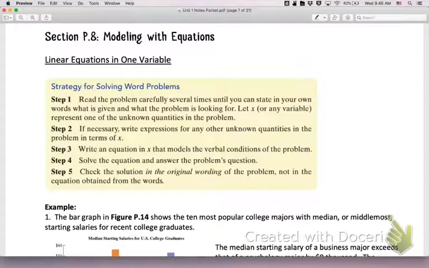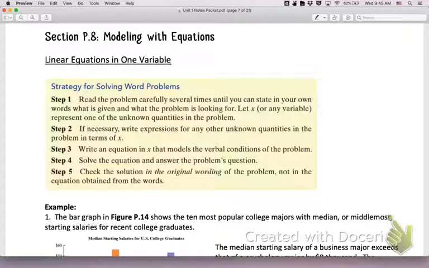This section is about modeling with equations, which means we want to take a real-world scenario and come up with a mathematical model that's going to explain essentially what's happening. So here are some strategies for whenever you're working with word problems, because I know they make us a little bit nervous. I'm not going to read through all of them, but the couple of things that I want to point out